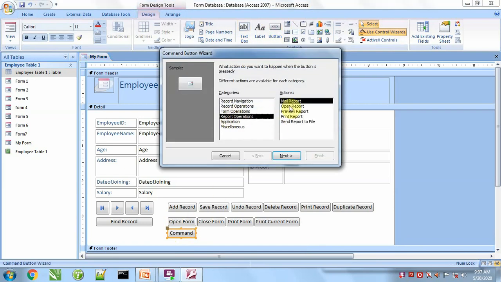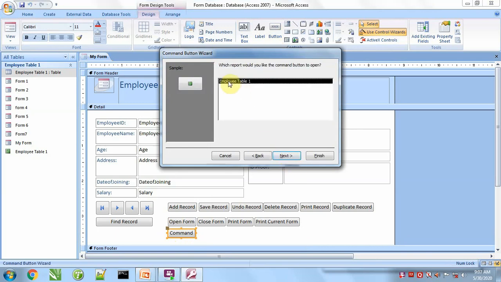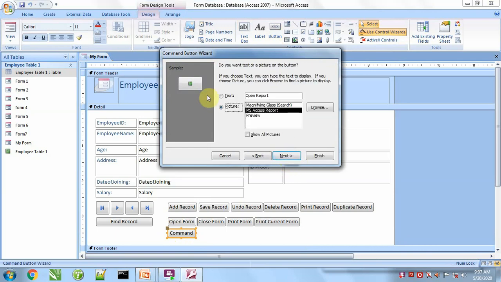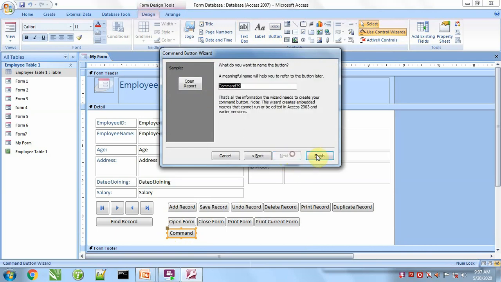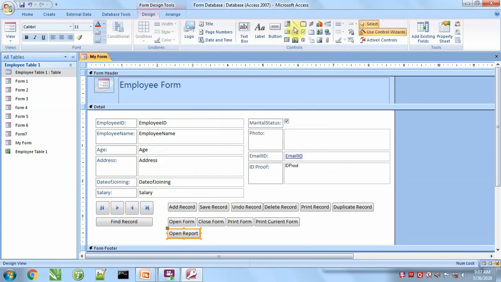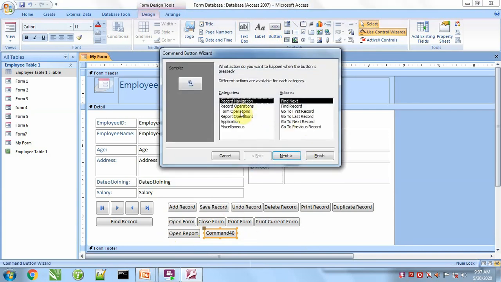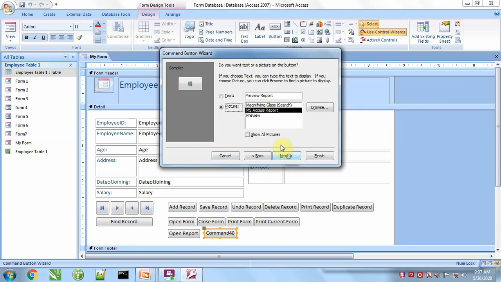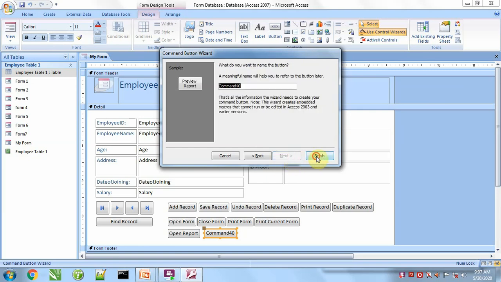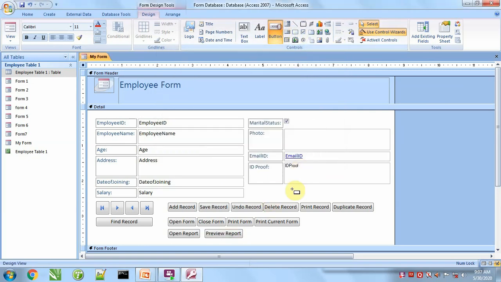Report operation: open report, select report, next, and this is the open report button. Second is preview report. It will preview the report.